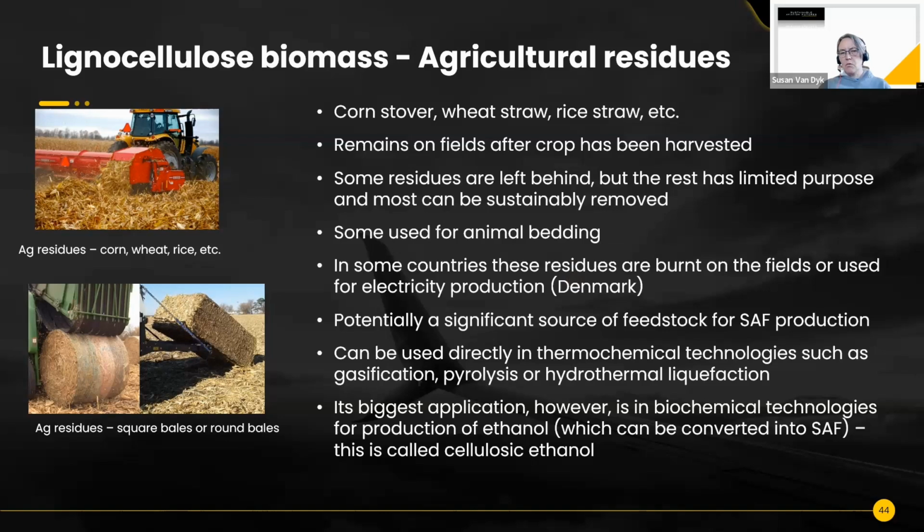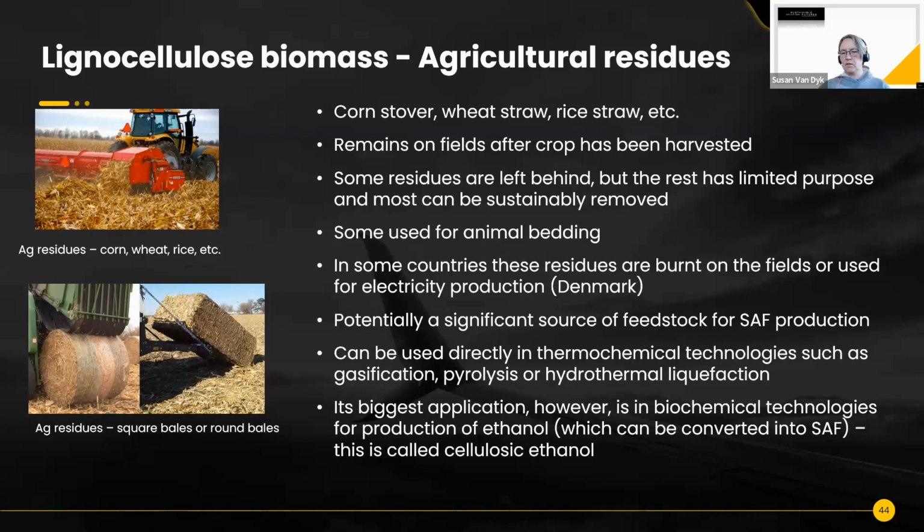In Denmark, they've been using wheat straw residues for a long time already in power production, and there's some competition using it for animal bedding, but there's still substantial volumes available that we can potentially use for SAF production. It's a significant source of feedstock, and it's a waste. So you can use it